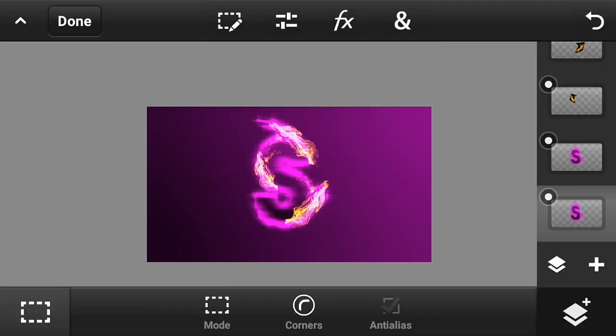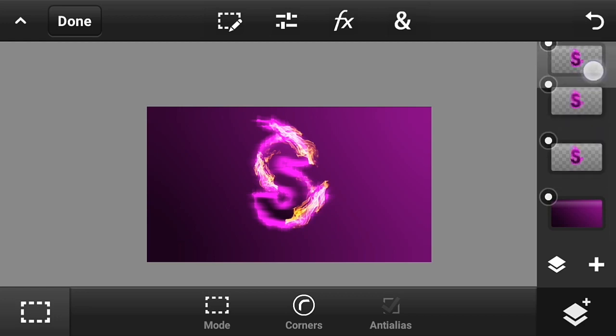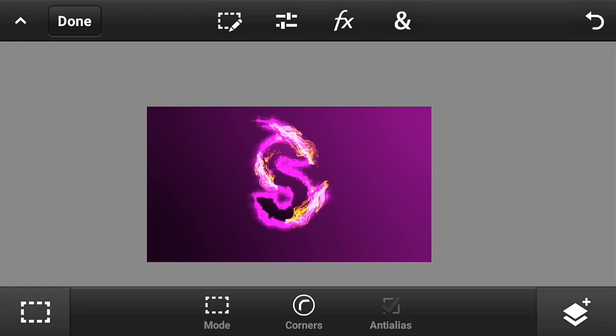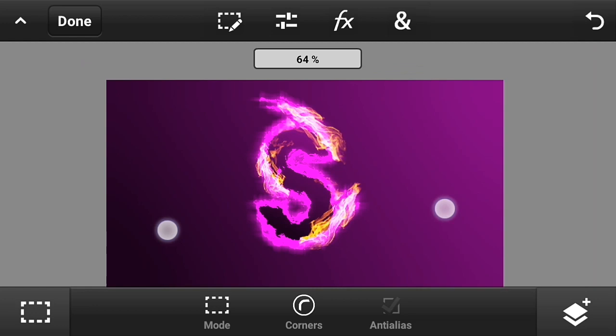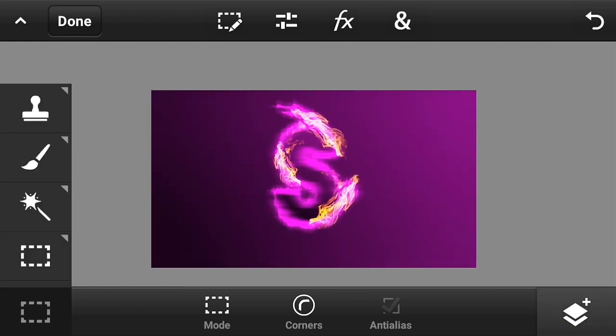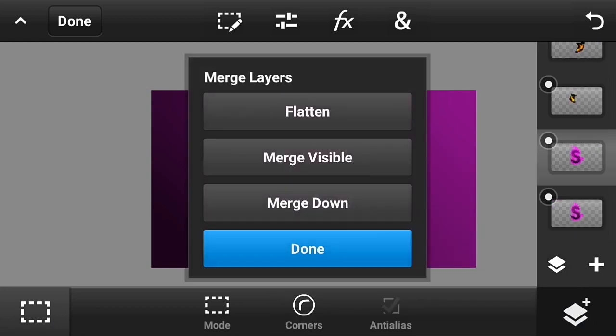Just like that, and then hold the layer of the drawn lines that we made that doesn't have blur and put it below all of the blurred ones. Something like that, guys. Then merge the two texts that have a blur.